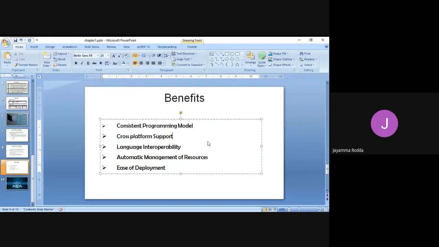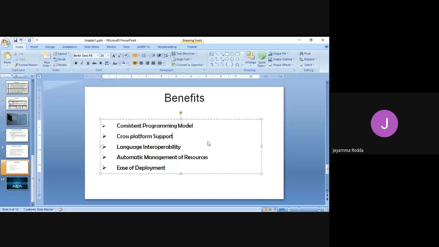Okay, cross-platform support means there is a thing called Common Language Runtime. In the next class, I'll discuss the .NET framework, and at that time I'll discuss what this CLR is. The Common Language Runtime will support interoperability for whatever the .NET application is.